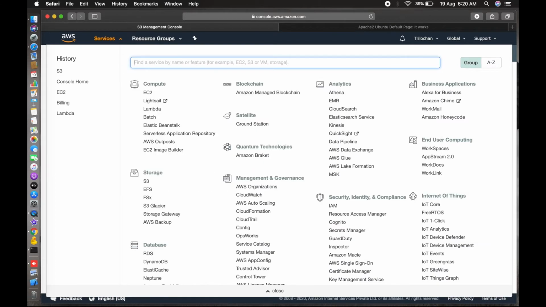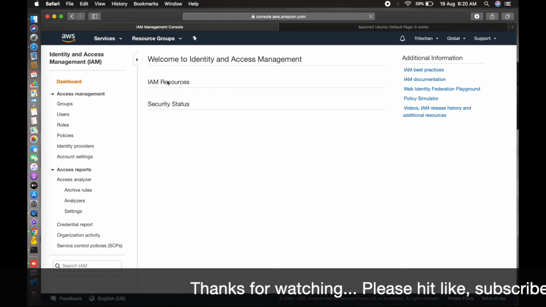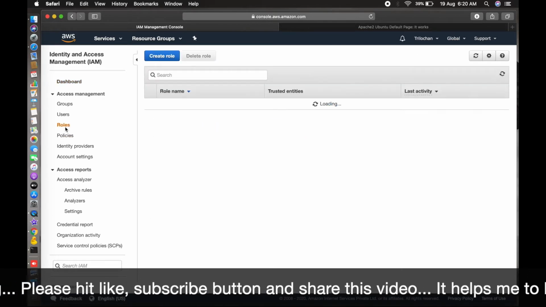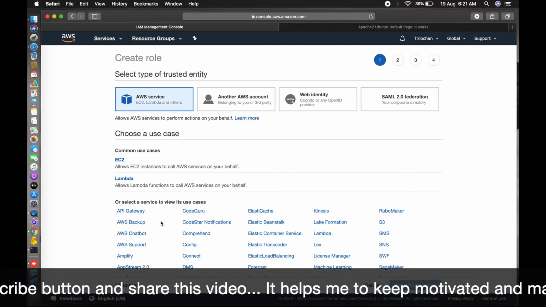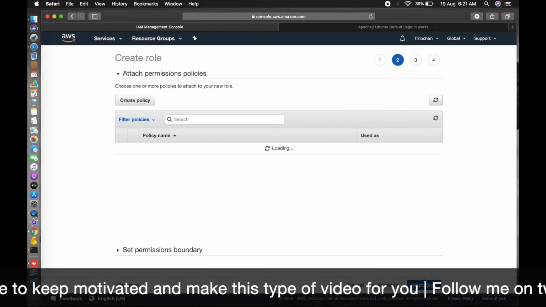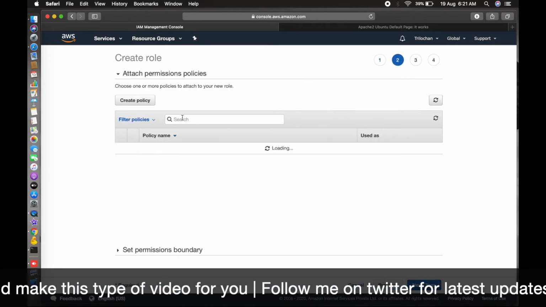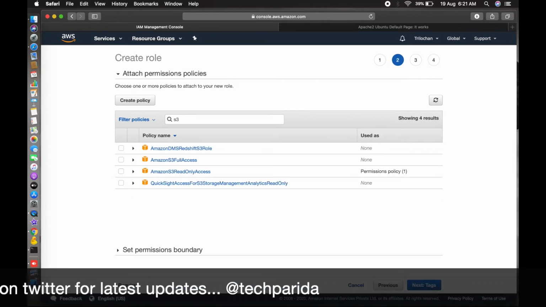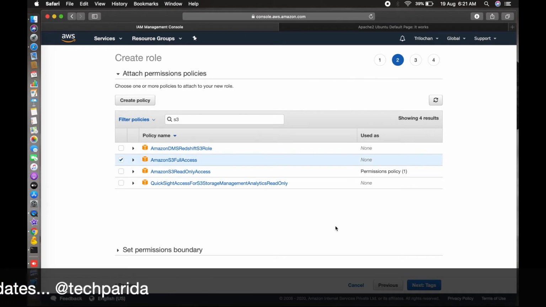Let's create one role in IAM. Okay, so go to the IAM now. This is for the IAM role that will allow access from the EC2 instance to S3, so that we can take a backup from EC2. Here it is, common use case EC2, and for permission we'll add S3 full access. So it would be Amazon S3 full access. We will give this access to this particular role.